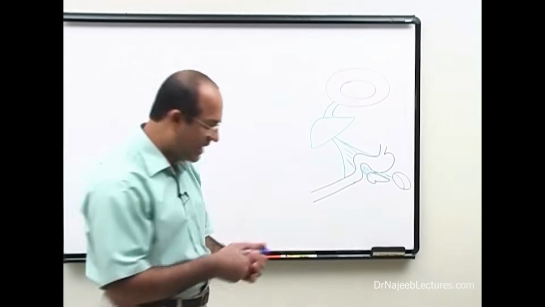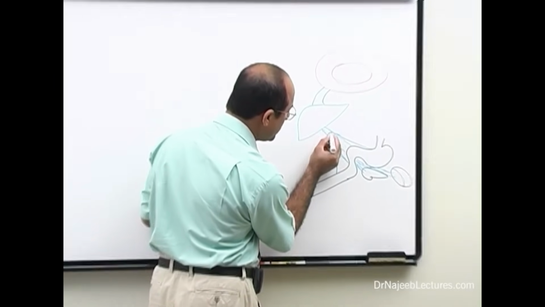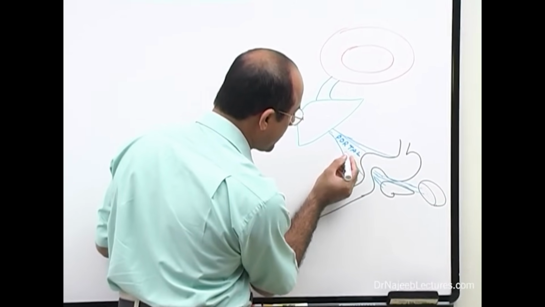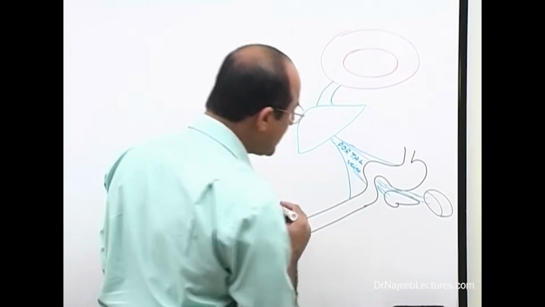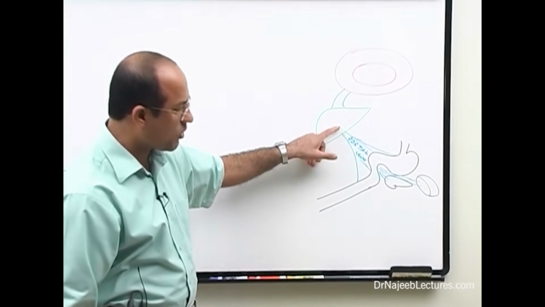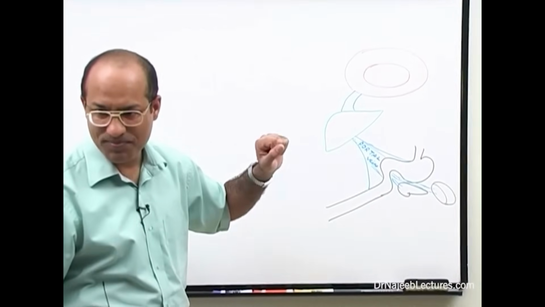Yeah, portal vein, excellent. So this is your portal vein. This is your portal vein. But there is one problem: the blood which is coming through the portal vein is venous blood,